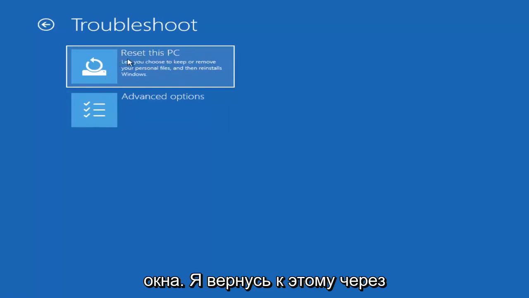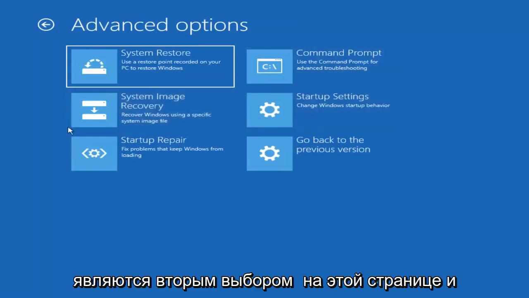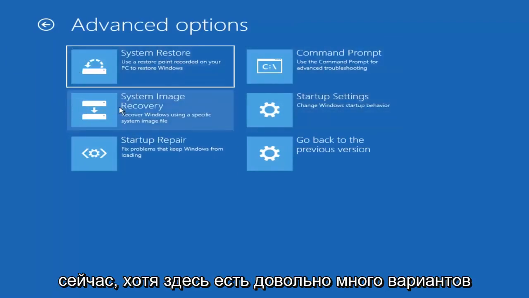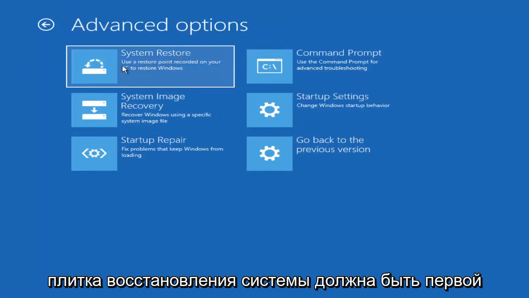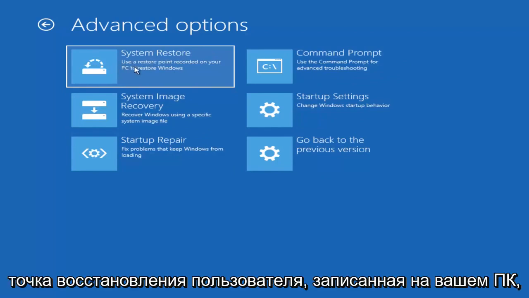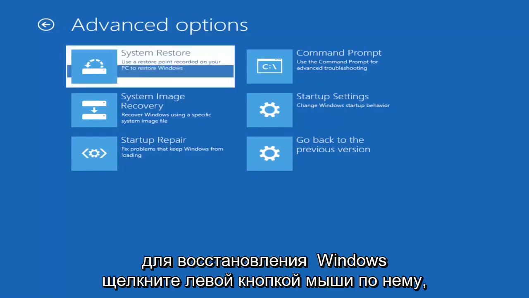I'm going to come back to this in a few minutes, and we're going to instead jump ahead to advanced options, which is the second selection on that page. And now, while there are quite a few options on here, I would recommend just starting by heading over to the System Restore tile. Should be the first one at the time of this recording that says use a restore point recorded on your PC to restore Windows. Left click on that,